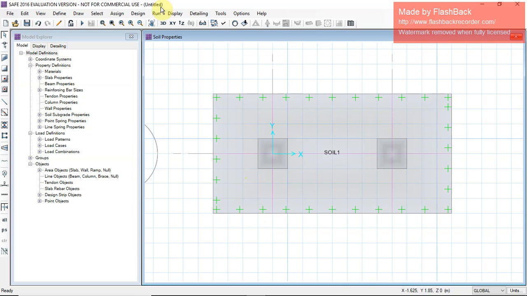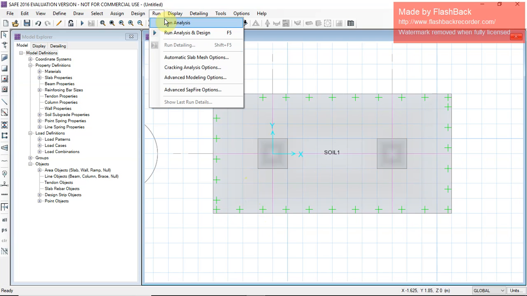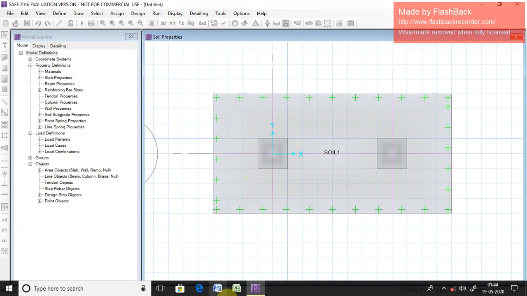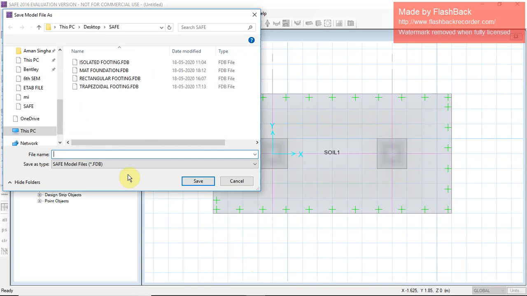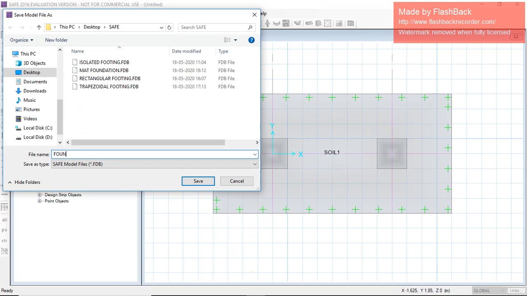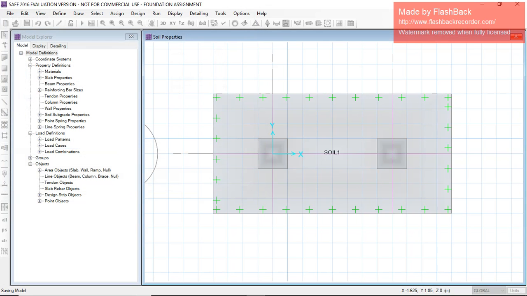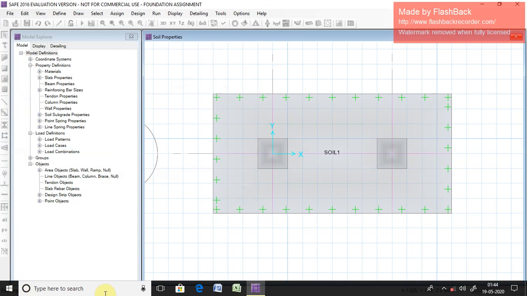Okay, now we run analysis. So first we have to save this file. Let's save this file as foundation assignment. In the starting, here you can see the analysis is going on.